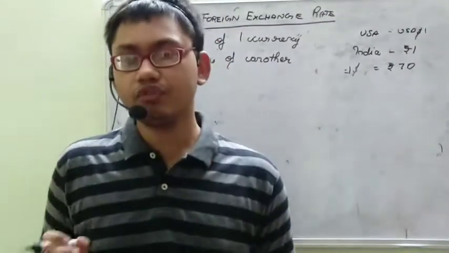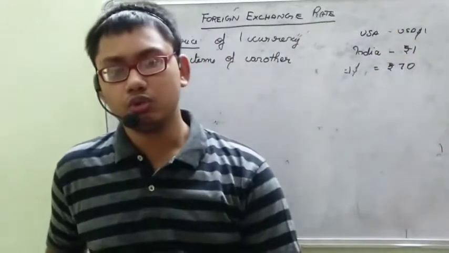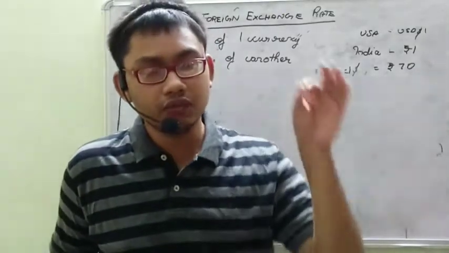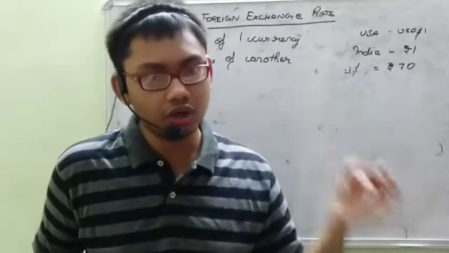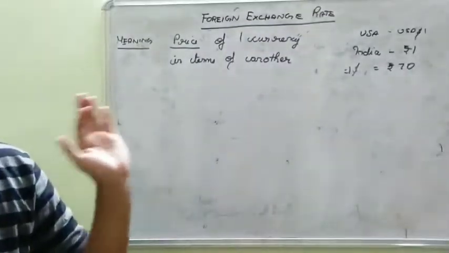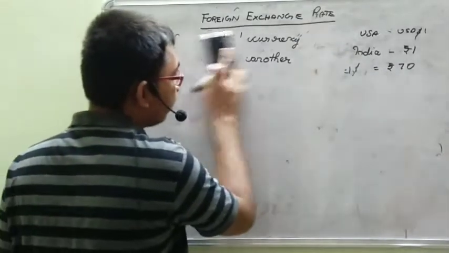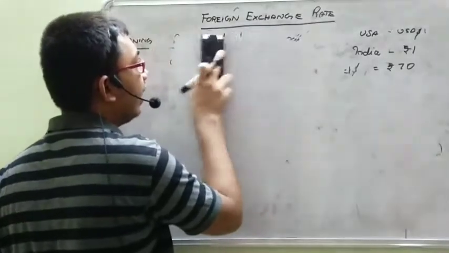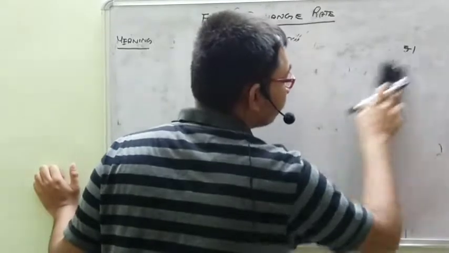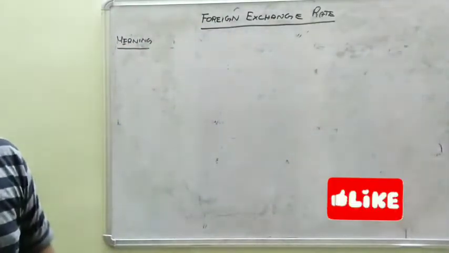Now when you are considering from India's point of view, you are taking the US dollar to be a commodity also. The US dollar is also a good for you, right? So the price of that good, the United States dollar, in terms of Indian currency is 70 rupees. Simply this: just take foreign currency as another good and we are putting the value of that good in terms of our currency. But there's a small difference.